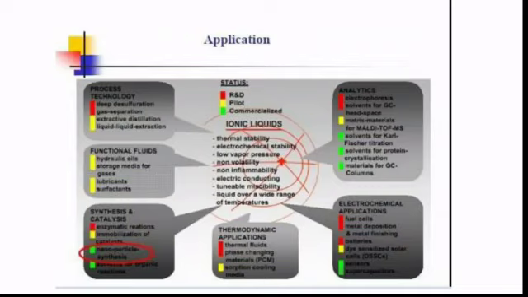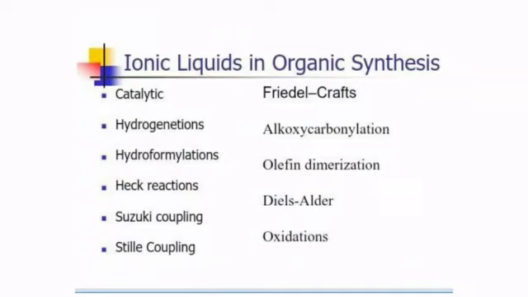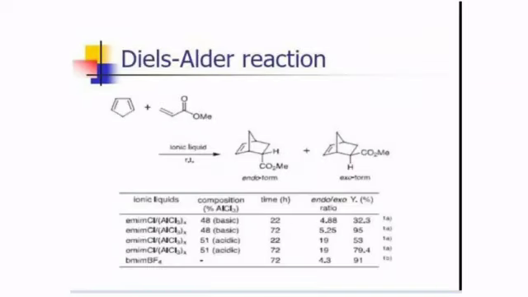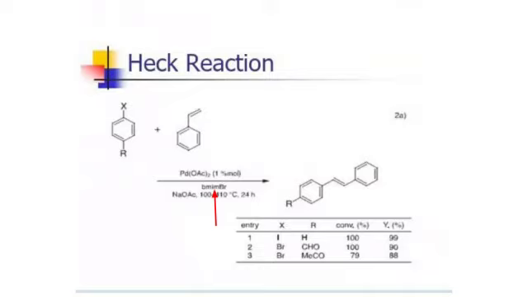Some of them are discussed. We can discuss ionic liquids in organic synthesis. All these synthesis methods are familiar to us from our previous chapters, mostly coupling reactions like Stille coupling, Suzuki-Miyaura coupling and Heck coupling, etc. First, the Diels-Alder reaction. We know about the Diels-Alder reaction; in this reaction, ionic liquids are used as a solvent. Next, the Heck reaction, one of the most important coupling reactions, coupling vinylic hydrogen and vinylic halides in the presence of a base and palladium catalyst to form a substituted alkene.